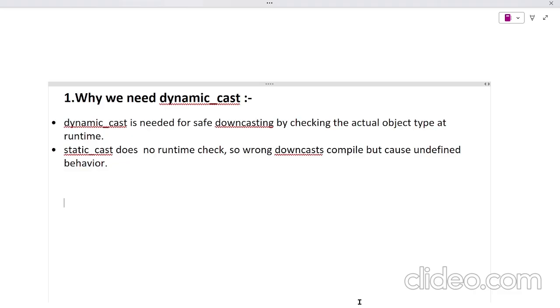You might think how a base class pointer can point to the derived object safely because those two are different types. So here inheritance comes into the picture. A derived object always has base part plus derived part combined. So the logic is the base class pointer is actually pointing to the base part of the derived object,